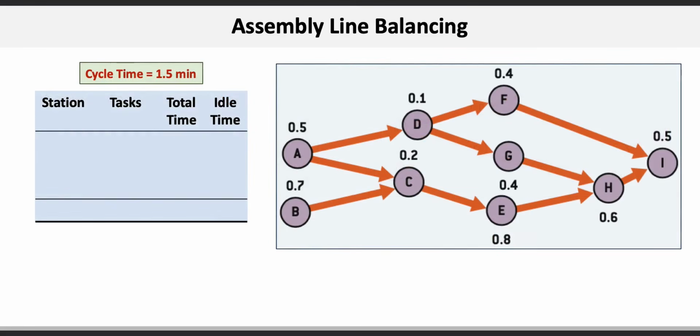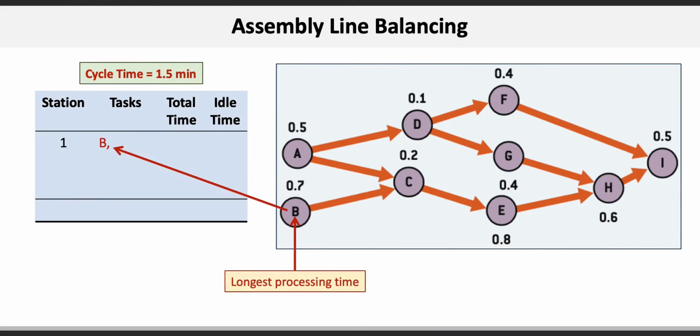So let's get started. First, we would normally have to calculate the cycle time, but this is provided for us in this problem. The cycle time, which represents the desired output rate of an assembly line, is 1.5 minutes. We then start from the left and look for the task with the longest processing time. We see that task B has the longest time of 0.7 minutes, so we start with that in our workstation